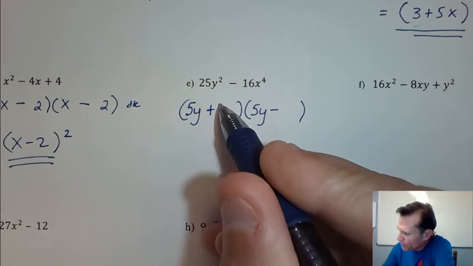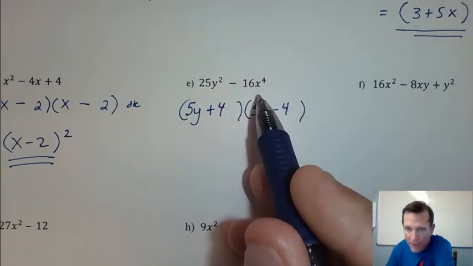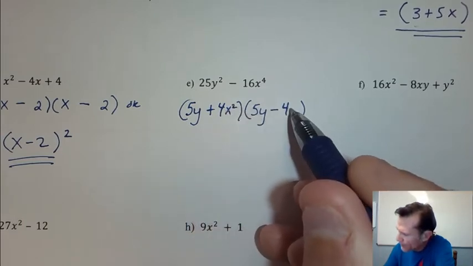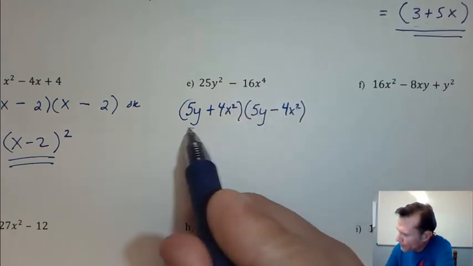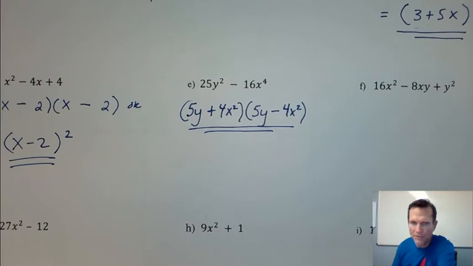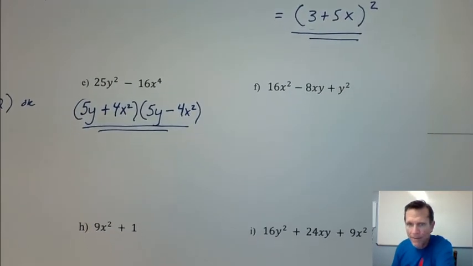Then I'm going to write a 4 to get the 16. And then don't forget about your x's. You got to write an x squared and an x squared. Okay? It's like splitting it apart into 2 pieces, 2 binomials. All right. Looking at f here,